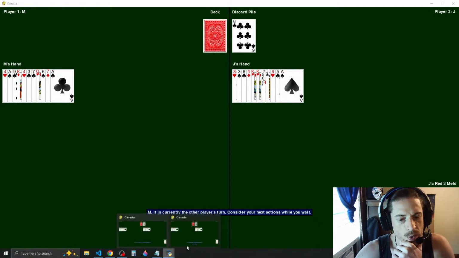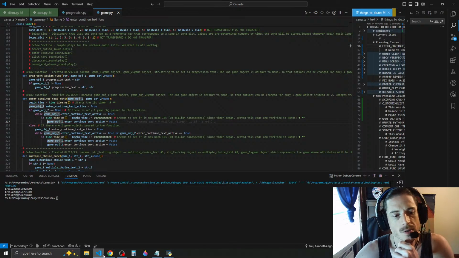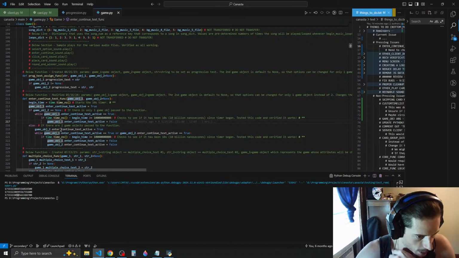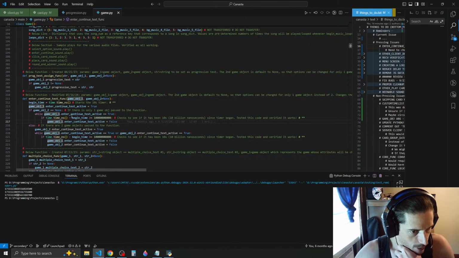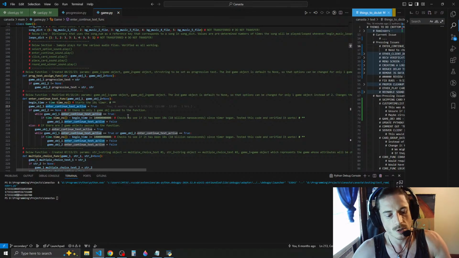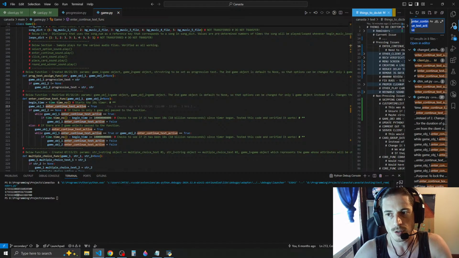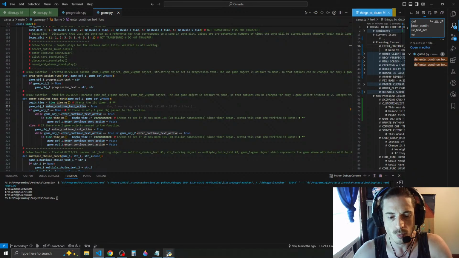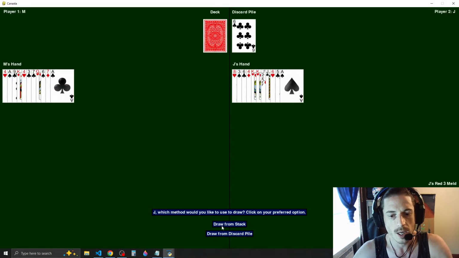I don't think I did, guys. I don't think I hit enter. Now, the only other thing that's not here that could affect it would be the enter continue text active. Maybe something triggered the enter continue text active to be false. So first, let's look at the def enter continue text, and really, before we even do that, let's just play